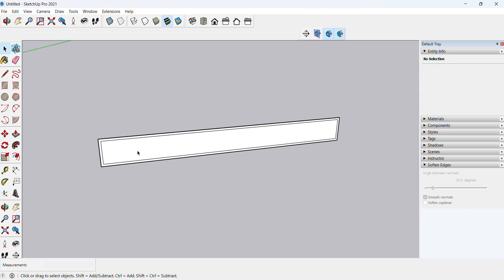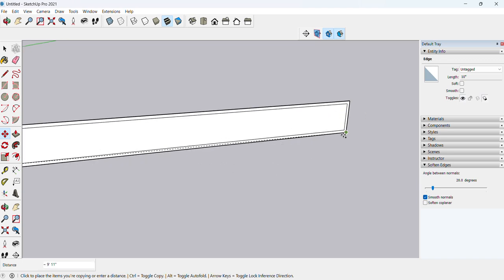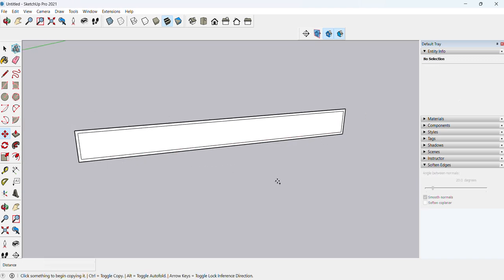So it depends on you, depends on the model, and same as well requirement. Same thing I'm doing. Move. So here I'm dividing the surface into the 3, same 1, 3, and